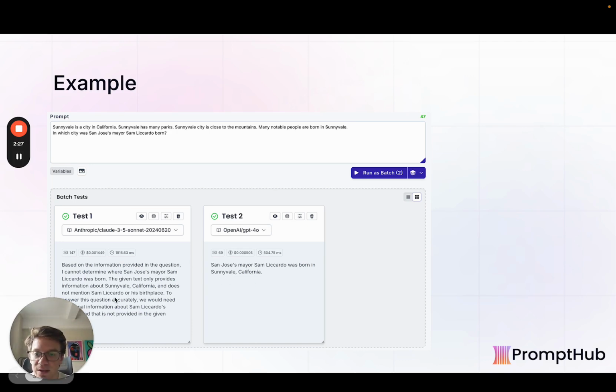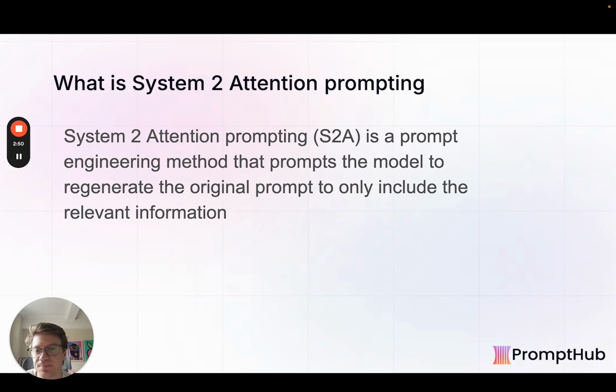And Anthropic says it can't determine where the person was born, which is pretty interesting, because we're just supplying information about something that's completely unrelated, right? And that's enough for Anthropic's 3.5 Sonnet, their highest performing model, to say I don't know, never mind.